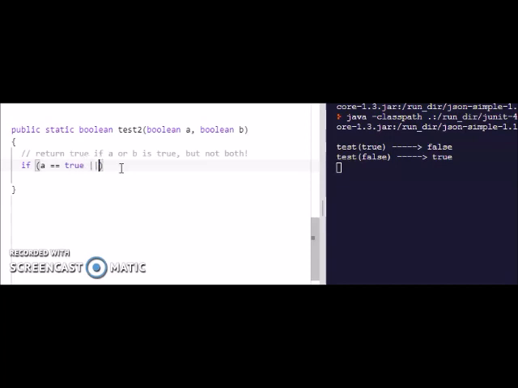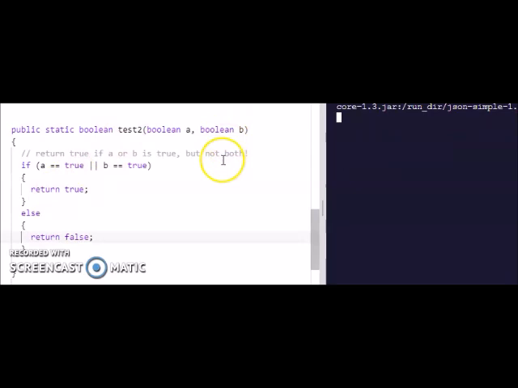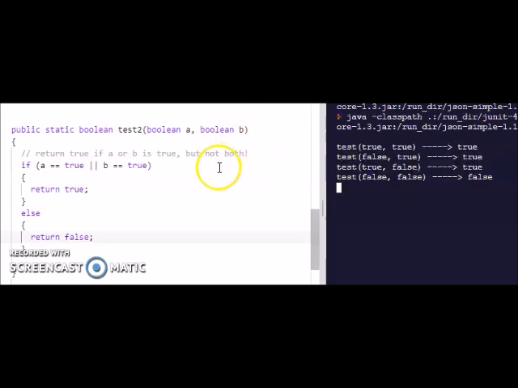If A is equal to true or B is equal to true, then I want to return true. And then I'm going to say else return false. So this is not going to be exactly correct, but we're just going to see what it gives us. So when I run it,